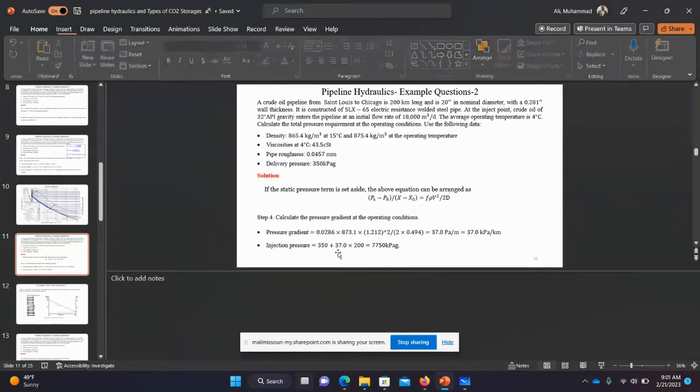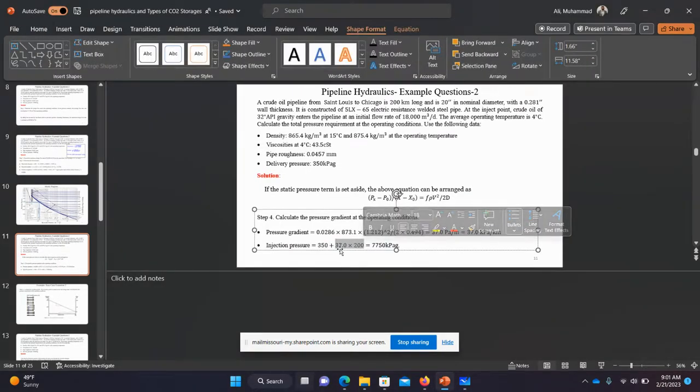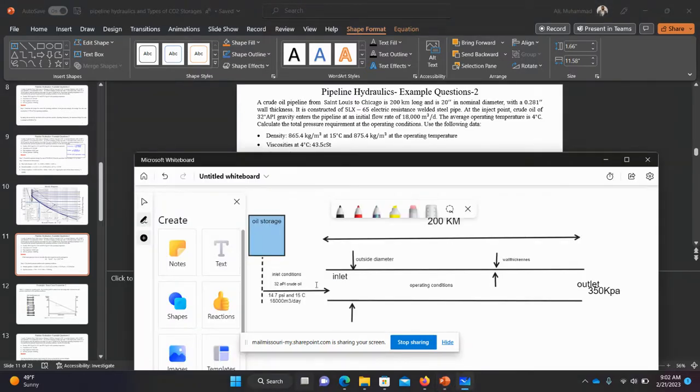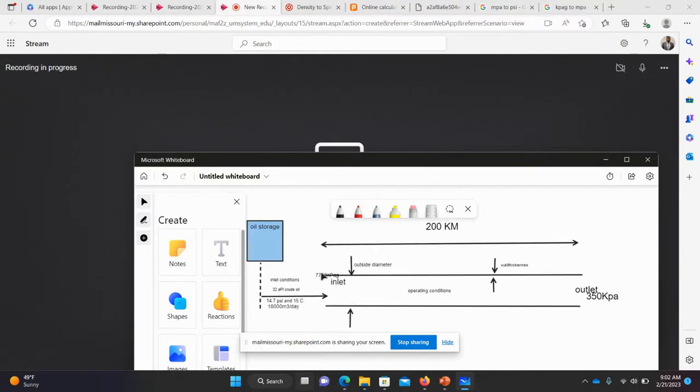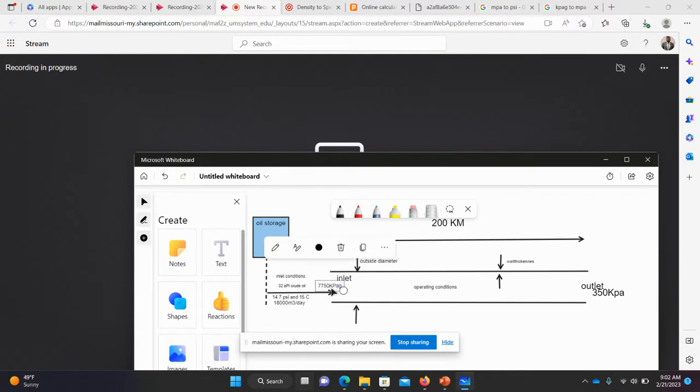So what we did here, we multiplied this by 200, and then we added the delivery pressure, whatever we have, 350. So this is the requirement of 7,750 kilopascals gauge here. So it means that if you keep the pressure here at 7,750 kilopascals, and you run this pipeline for 200 kilometers, the outlet pressure will be 350 kilopascals, because there will be a pressure drop here of about